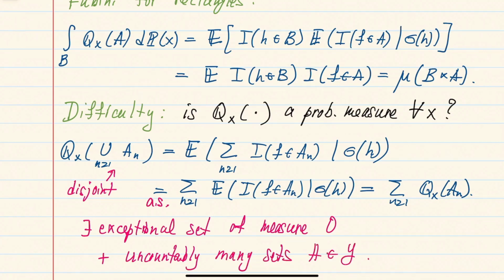So these types of exceptional sets, if we only had countably many of them, their union would still be just an exceptional set of measure 0, but in general we cannot simply define this transition kernel as a conditional expectation for all sets and automatically assume that everything is fine. As a result, there will be some work to do to prove this main result, so let me just state what this main result will be in this product space setting that we are discussing here.